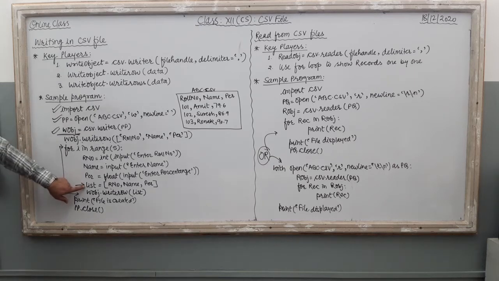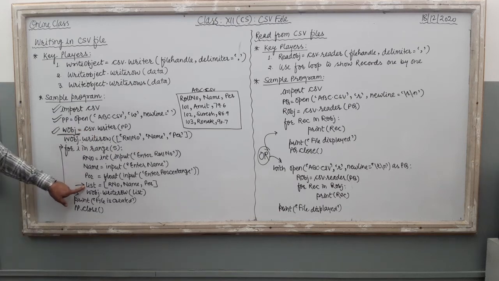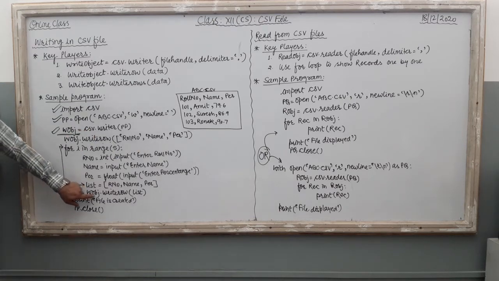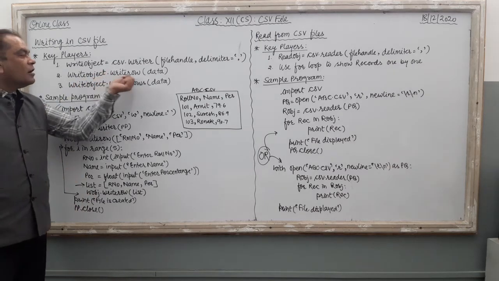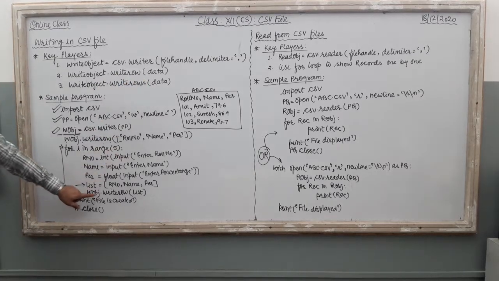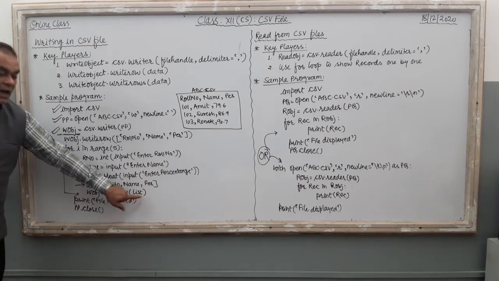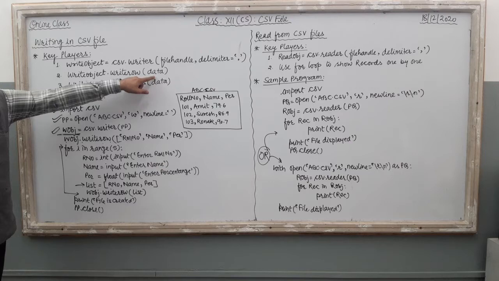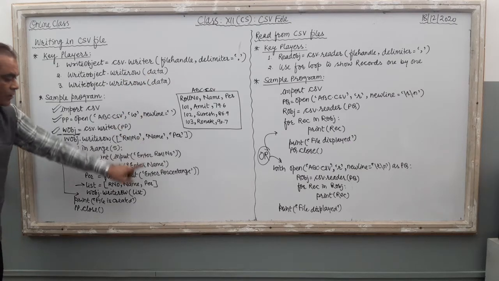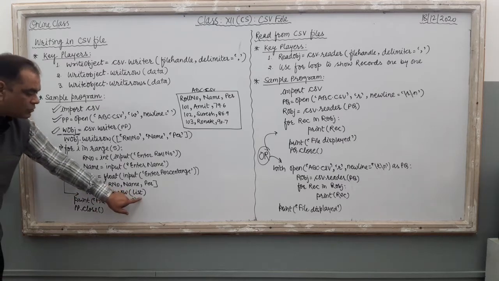Now you have to write this list variable in your writer object of the CSV file. For that the command is wobj. What is wobj? It is the writer object. Clear? And then the command is wobj dot writerow. It is the command. So just see the command wobj dot writerow. Inside the bracket, I just supply my data. Here it is a list. Just see the formation of this command. Just see the syntax. My data is there in list format. The name of the list variable is list. So I am going to supply list.